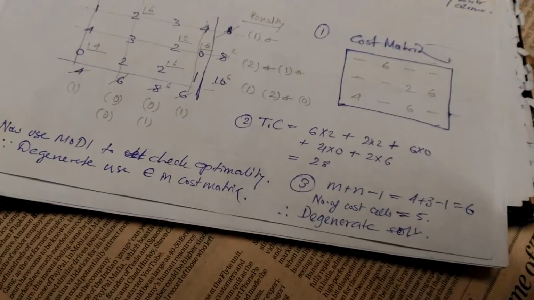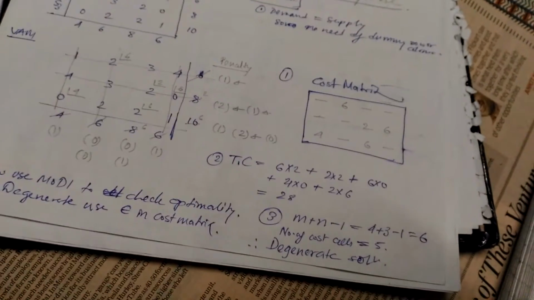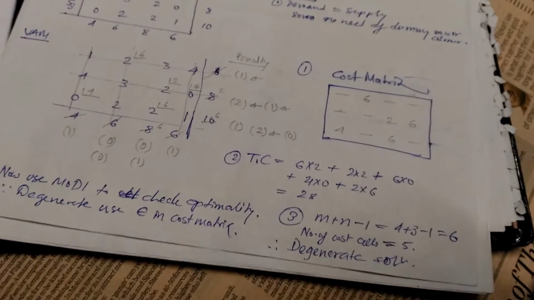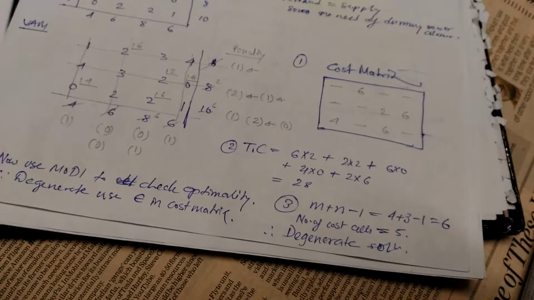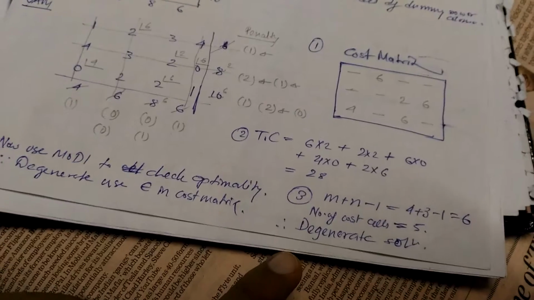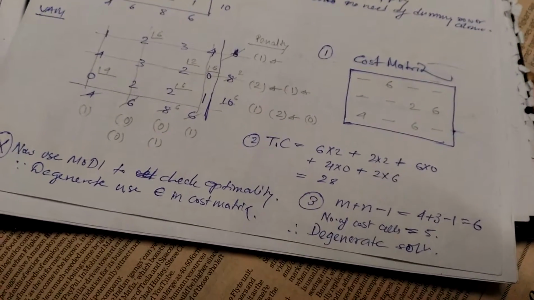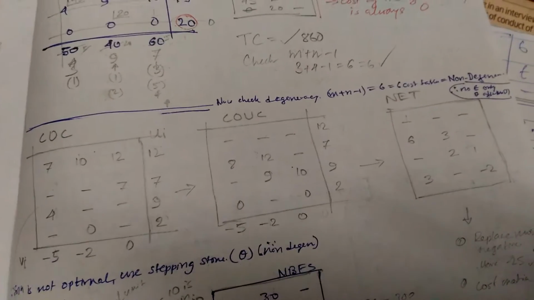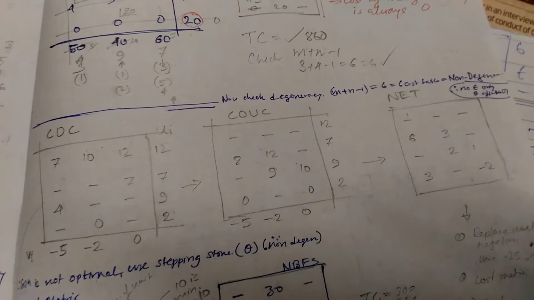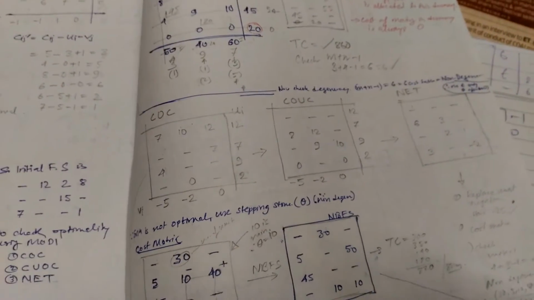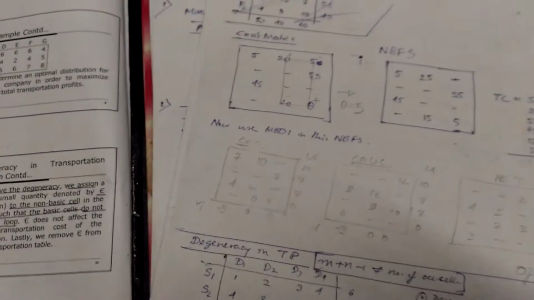The third thing we need to do is check optimality. Before we check optimality using Modi method, we need to check if the solution is degenerate or non-degenerate. If the solution is non-degenerate, then directly go for the Modi method, as we have done in the earlier cases. Here the solution is non-degenerate, so we have directly moved on to cost of occupied cell, cost of unoccupied cell,